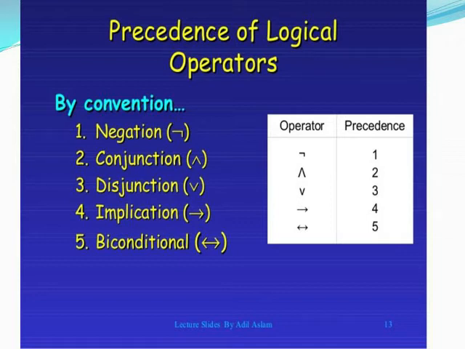Like that, in logical connectives also, there is a preference for logical operators, known as precedence of logical operators. First one, negation. Next, conjunction. Next, disjunction, implication and biconditional. That is, if negation is there in a logical statement, we must perform negation first. Then we must consider conjunction, then disjunction. After that we perform implication, and only last we will perform the biconditional operation.